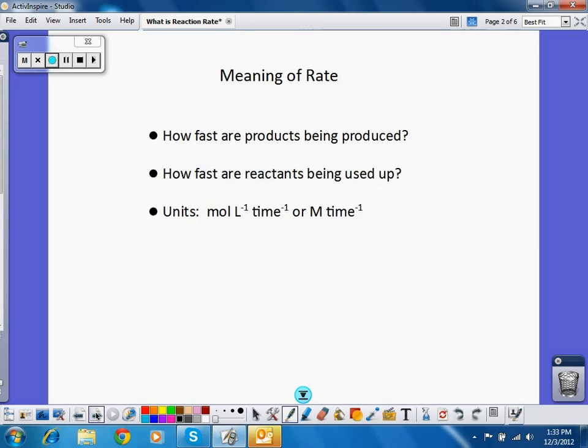So, meaning of rate. Remember, rate is change over time. So when we're looking at the rate of reaction, we can look at how fast are products being produced, which is often called the rate of appearance of products. Or we can look at how fast are reactants being used up, which is often referred to as the rate of disappearance